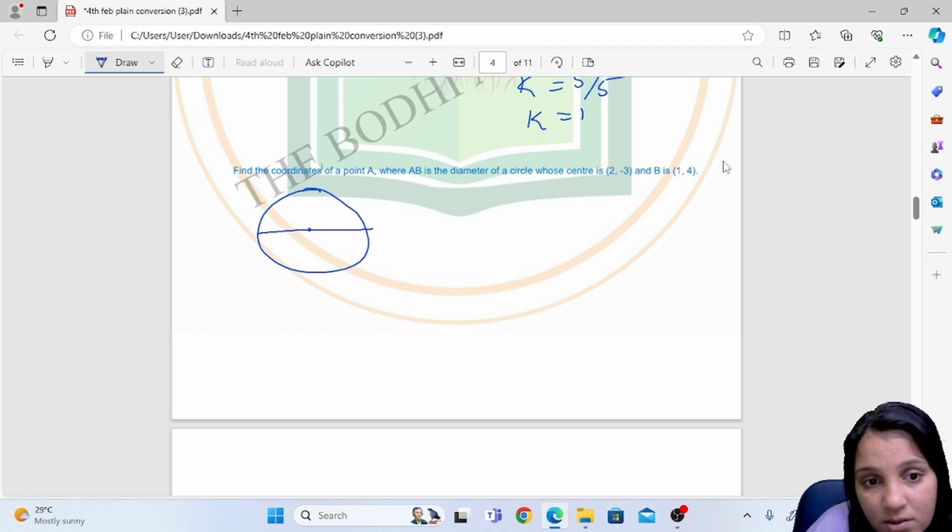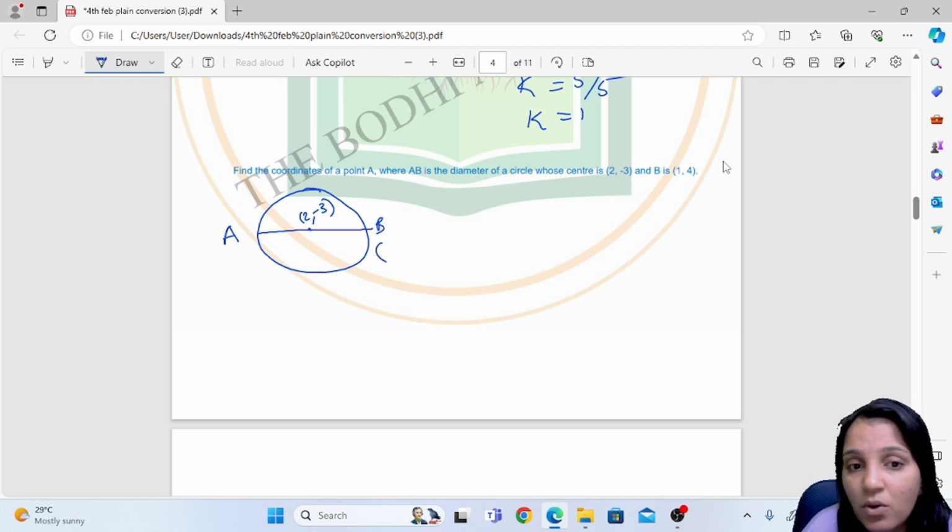Center is what? Diameter is given and center is given, 2 comma minus 3. The diameter of a circle is given by points A and B, where point B is 1 comma 4. Now this is based upon the midpoint formula. If we take the other endpoint as x comma y, then I can write here